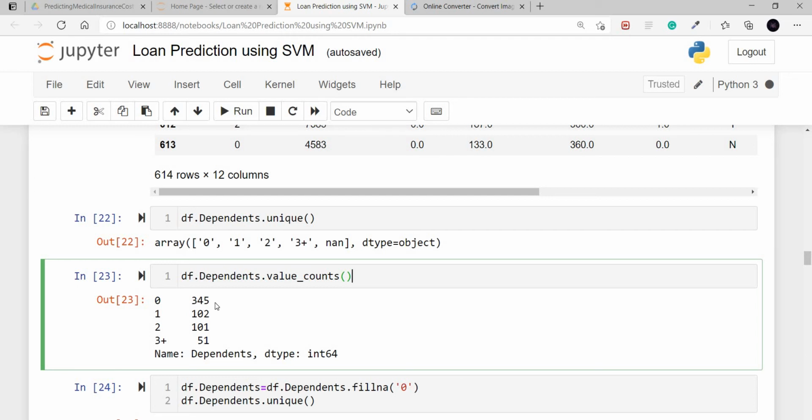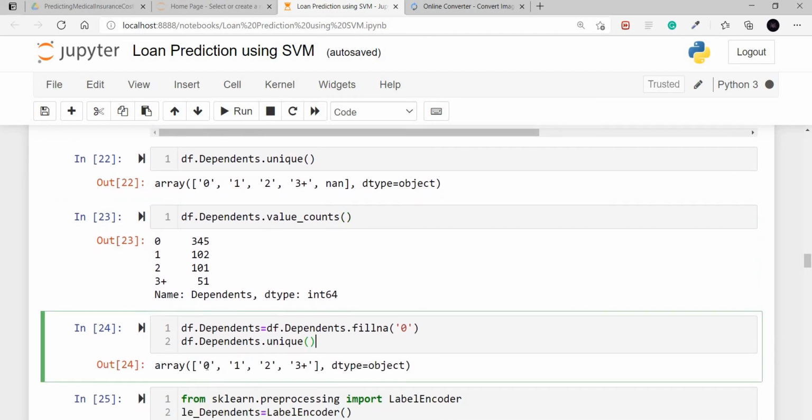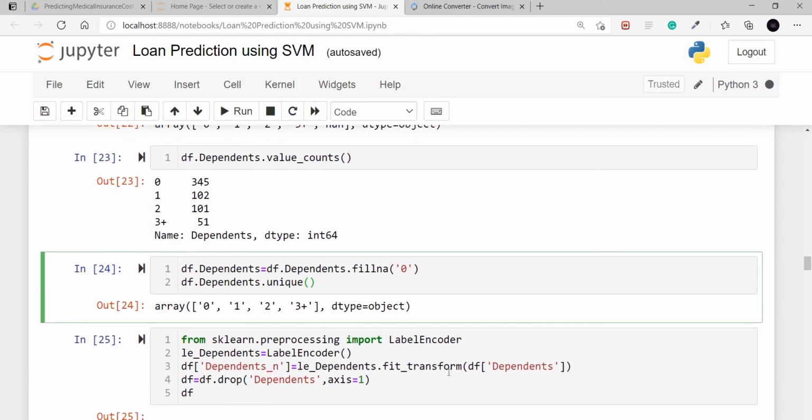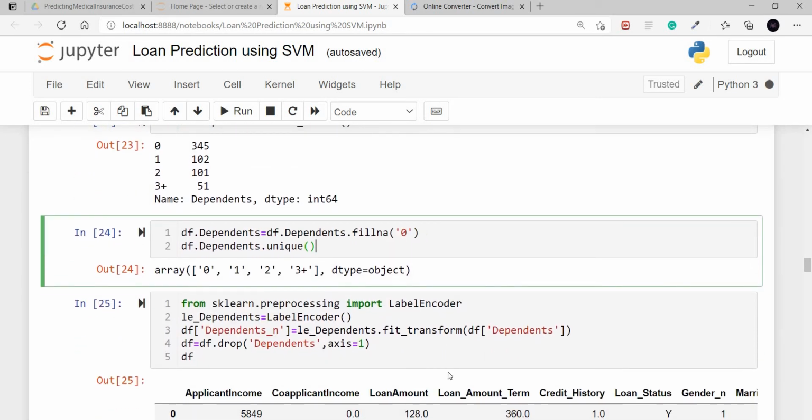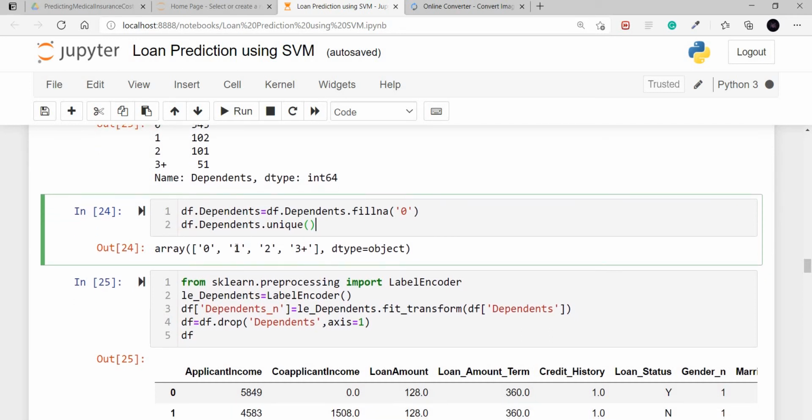Showing the count, we can see we have a maximum number of zeros, 345. So I need to replace those empty values with 0 only. So now if we see the unique values, we are left with 0, 1, 2 and 3 plus, but these are all string values, so we need to change them into integer values.